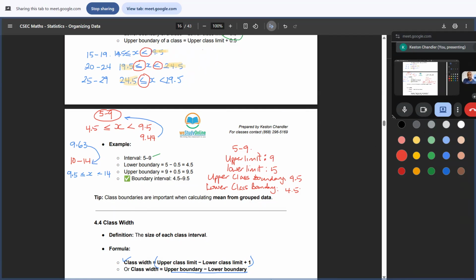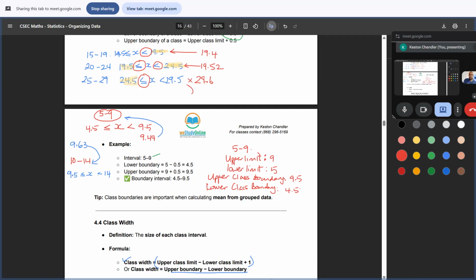If we have a figure that is 19.4, it will fit in this class. But anytime we go to 19.5, say 19.52, then 19.52 belongs in this class because it is 19.5 or more. Understand? If we have 29.6,